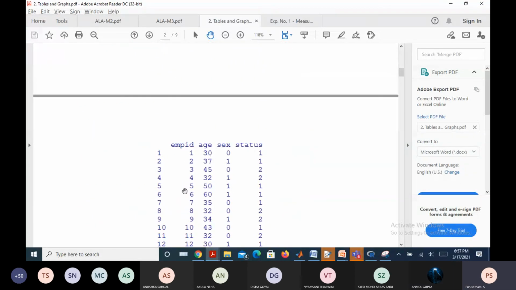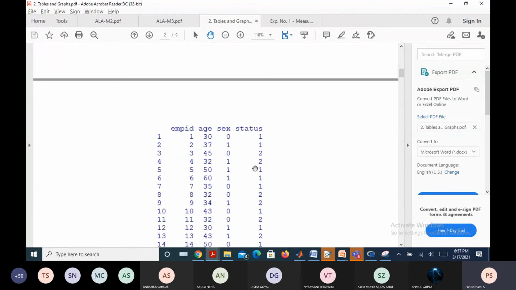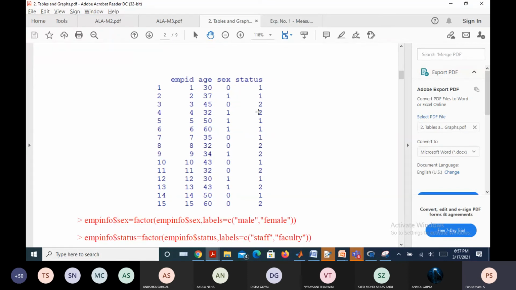So this is the data related to employee information like employee ID, age, gender, and the category or status, whether the person is a faculty or a staff and so on. What is the salary they are drawing? What is the experience they have? A lot of things can be added into this information. The data may be generated in different sectors, for different purposes you may need to analyze. How do you analyze? Physically handling thousands of data points is not possible. You are going to use the tools. How well you can utilize the tools matters. Any more doubts?